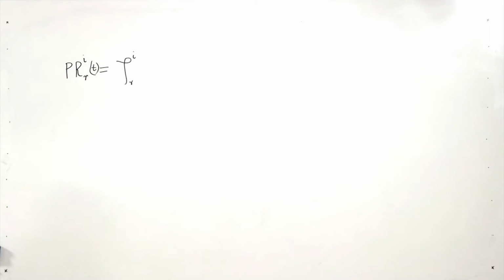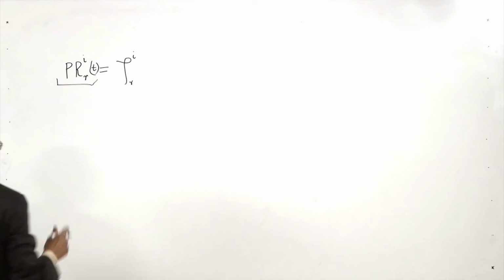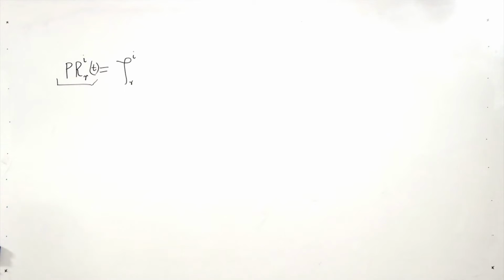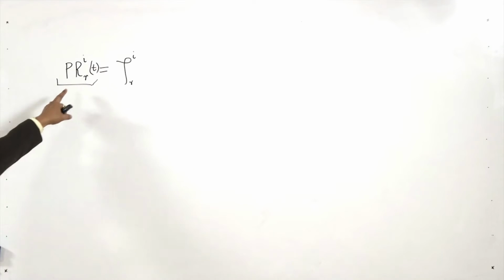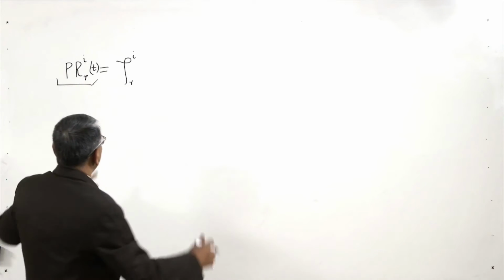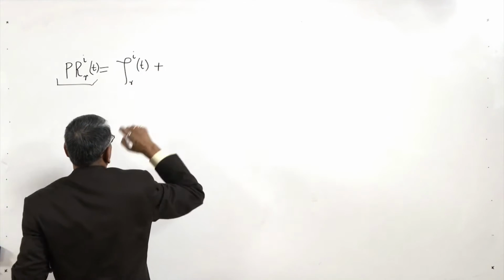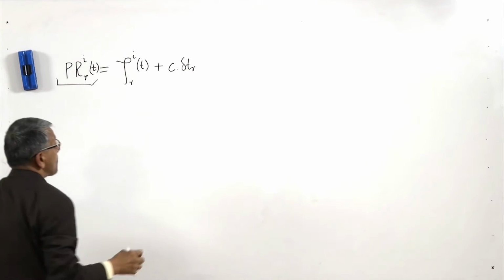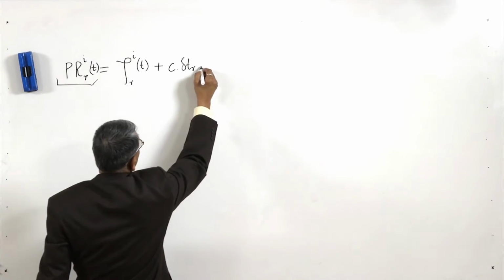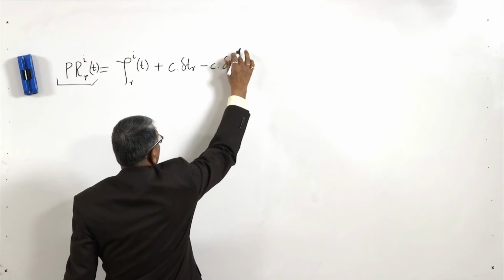This is the observable we have in the GPS observation, and at any epoch t, this is the value we get, which consists of the geometric range plus the receiver clock error, then the satellite clock error,